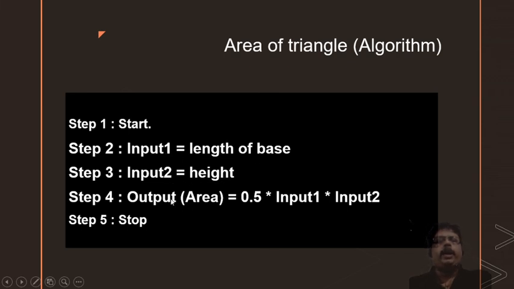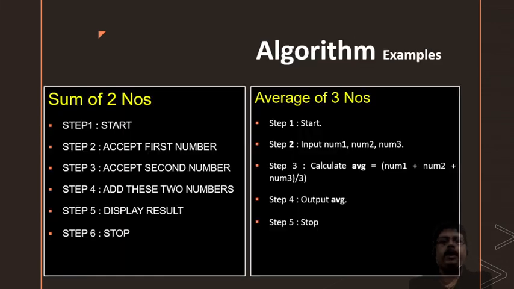Now you see in this particular algorithm, I have taken one more algorithm. If you consider this algorithm, one step is skipped. Here it is not processed, directly it is printed in the output. So you could have added one more step here, in step 4: area equal to 1 by 2 into input 1, that is b, input 2, that is h, base and height, means base into height. And next we could have printed the output area like what we have done in this case here.